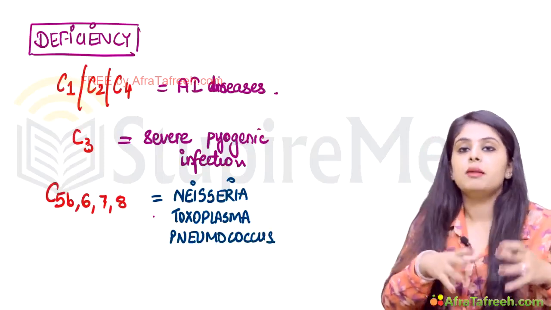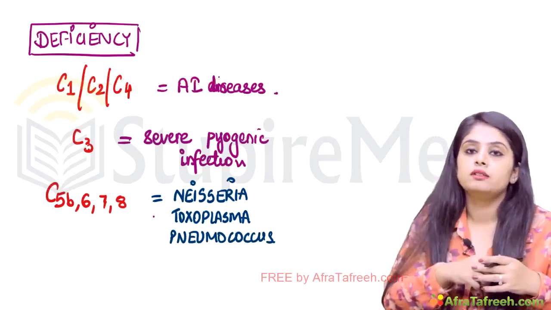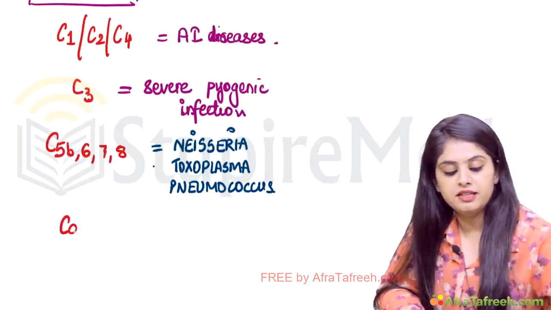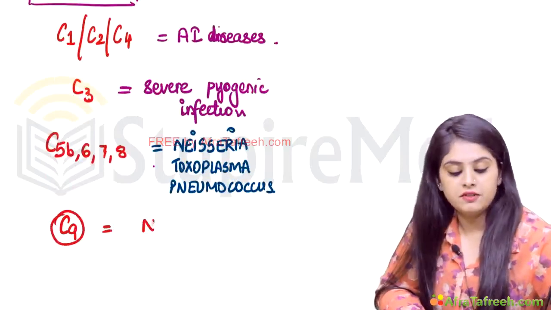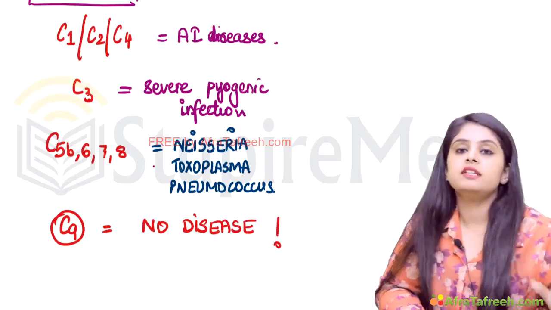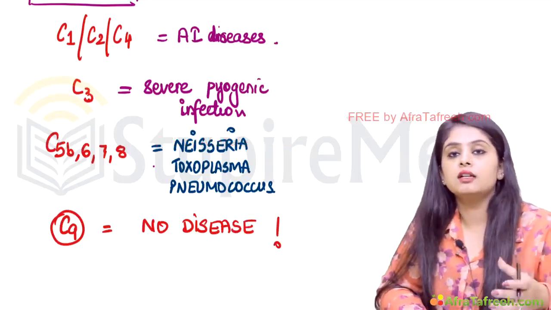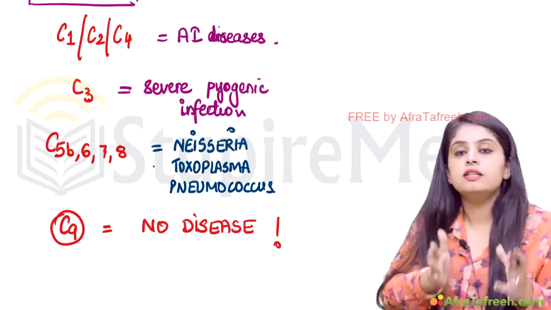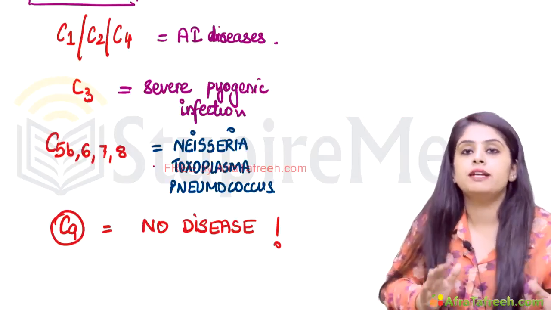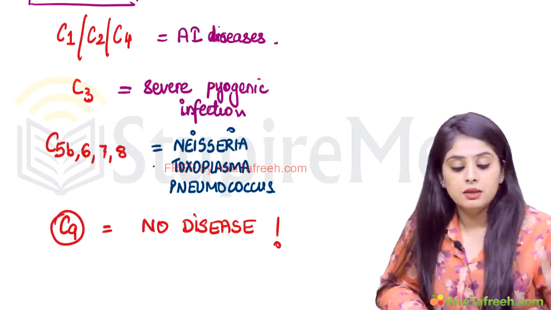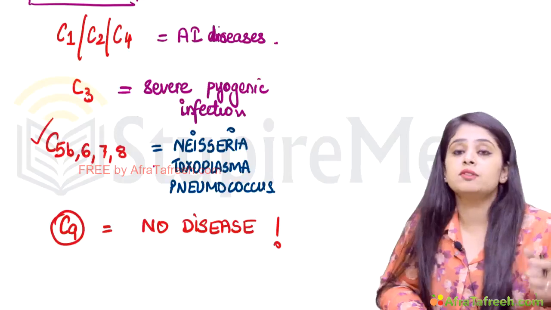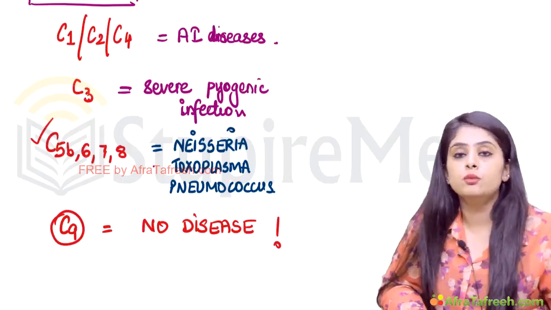So out of the entire membrane attack complex, I have missed out one protein, C9. I have not included that because if there is a deficiency of C9, there would be no disease. Even if C9 is deficient, the other proteins are potent enough to form a membrane attack complex on their own. So the patient will still be able to fight infections and there will not be any problem. But if the other members of the membrane attack complex are deficient, then infections with capsulated organisms like Neisseria, Pneumococcus